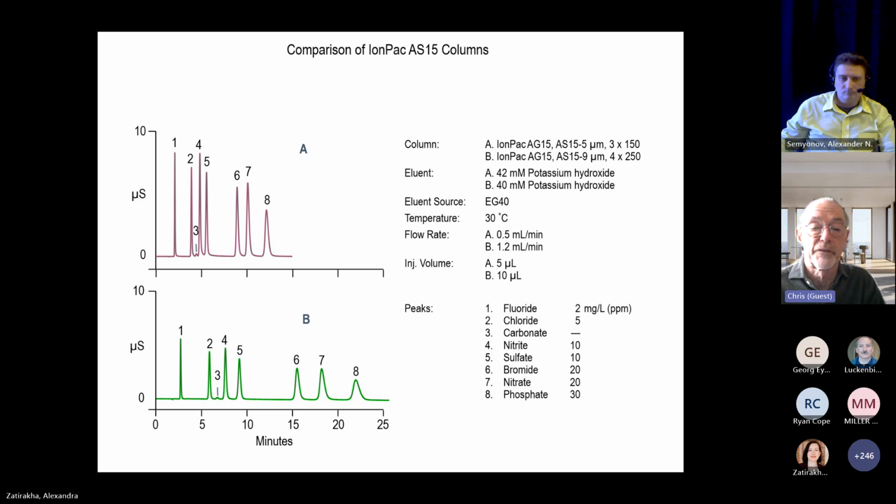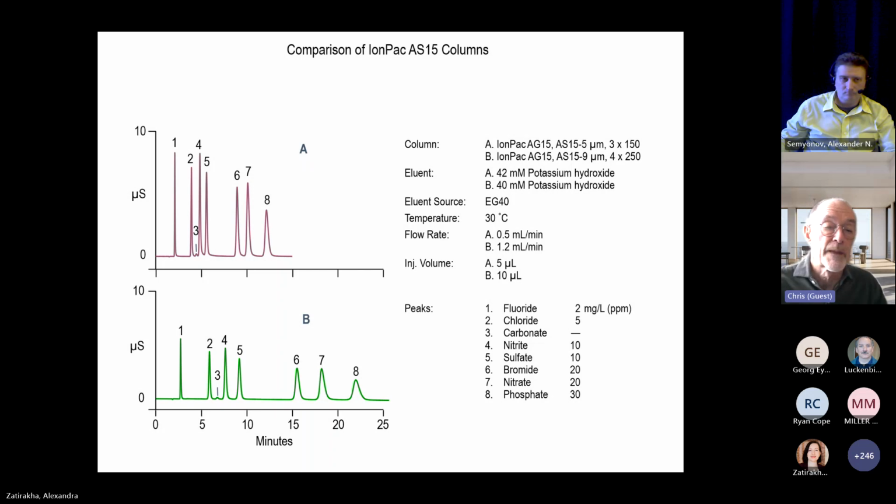So here you see two different phases, the AS15 5 micron, and also a 9 micron column on the bottom, both using grafting techniques to produce the stationary phase. They're slightly different selectivity, so the eluents aren't quite the same, but it's basically significantly faster separation to use the